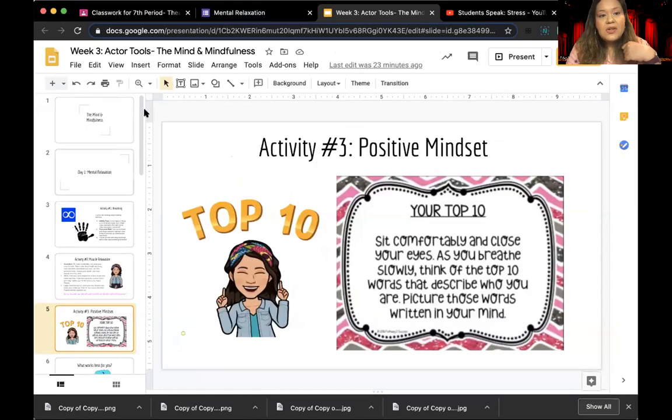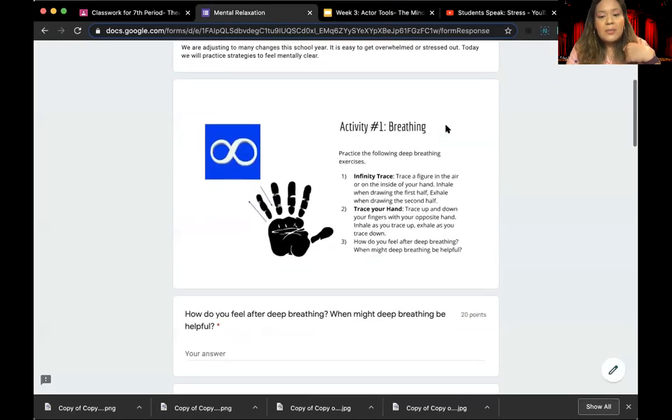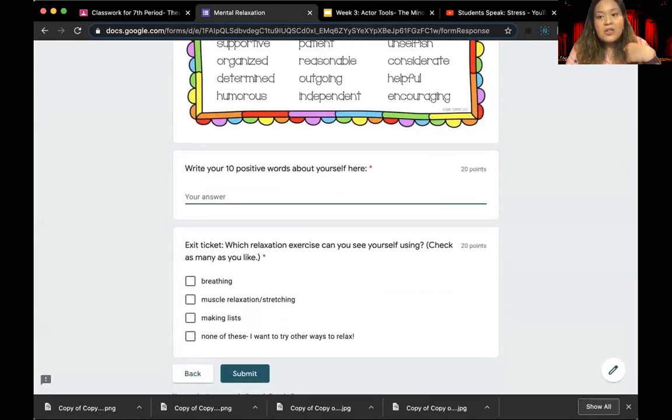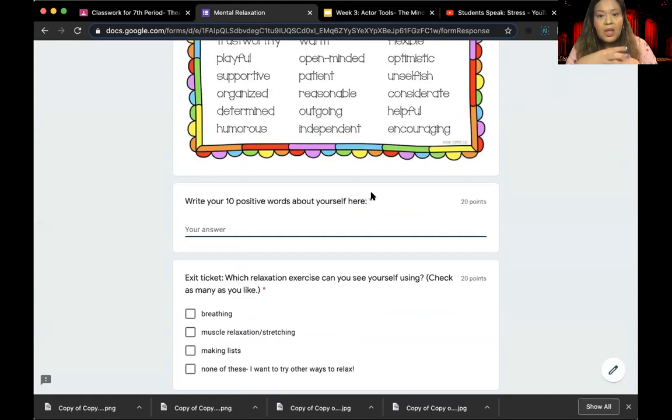And so what you guys are going to do, I'm going to go back to your Google form, is you're going to write down your 10 positive words about yourself. Now notice, I kept it positive. I could also talk about the things about myself I don't like, I'm a messy person, you know, but those kind of things, we want to stay away from that. It's not that they're not true, right? You know, everybody has good and bad to them, but today we want to focus on the positive.